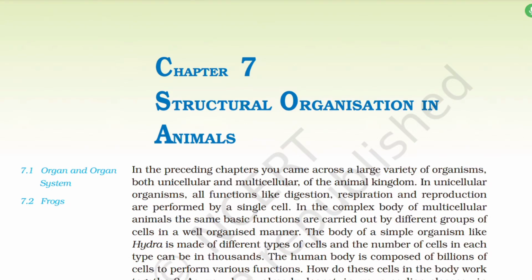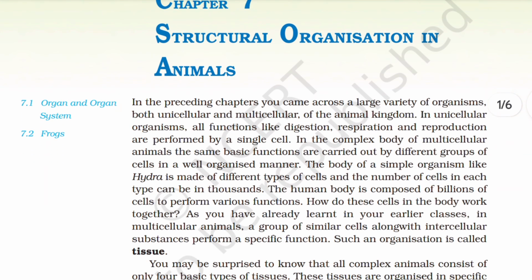Let's begin with the NCERT reading of Class 11, Chapter 7, Structural Organization in Animals. In the preceding chapters, you came across a large variety of organisms, both unicellular and multicellular, of the animal kingdom. In unicellular organisms, all functions like digestion, respiration, and reproduction are performed by a single cell. In the complex body of multicellular animals, the same basic functions are carried out by different groups of cells in